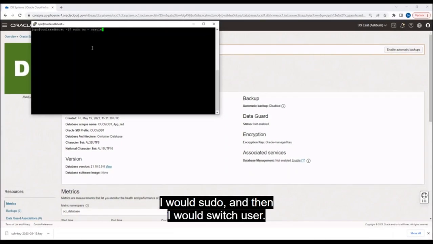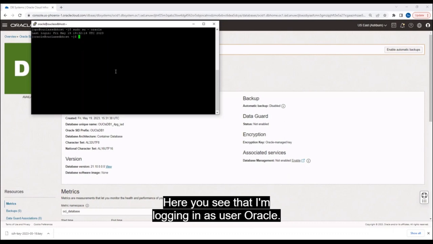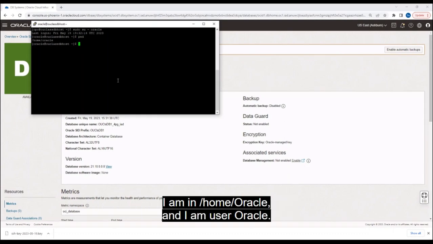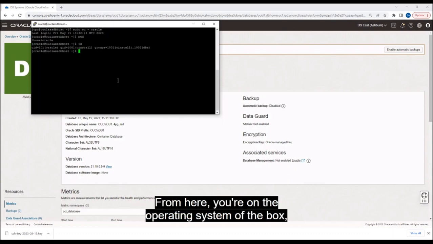I would sudo, and then I would switch user. In this case, I want to switch to user Oracle. Here you see that I'm logging in as user Oracle. And if you just take a look at my working directory, you can see I am in /home/oracle, and I am user Oracle. From here, you're on the operating system of the box, of the server that is running your